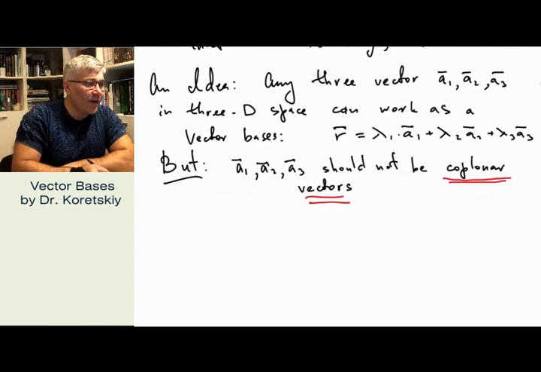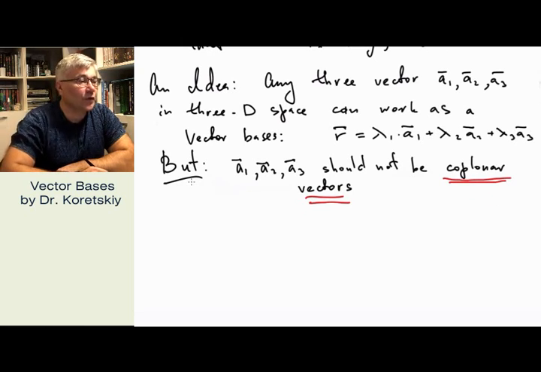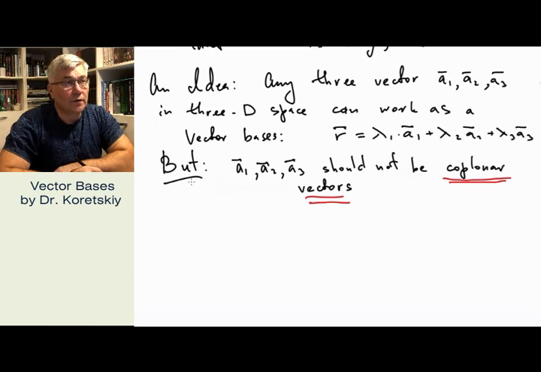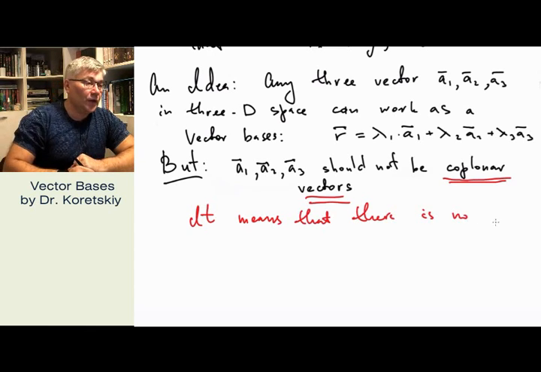And here we are facing a very new term, coplanar vectors. What does it mean, coplanar vectors? They are vectors such that there is a plane which contains all three of them at once. It means that